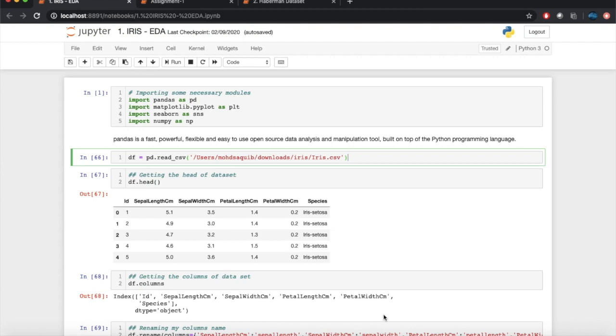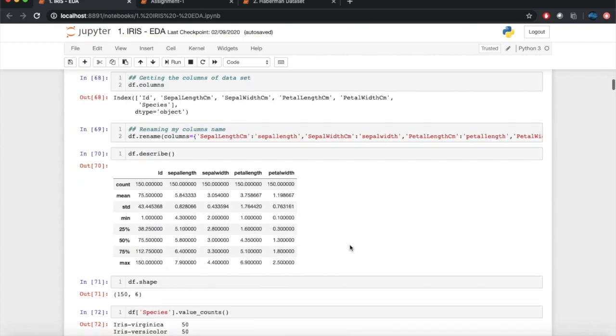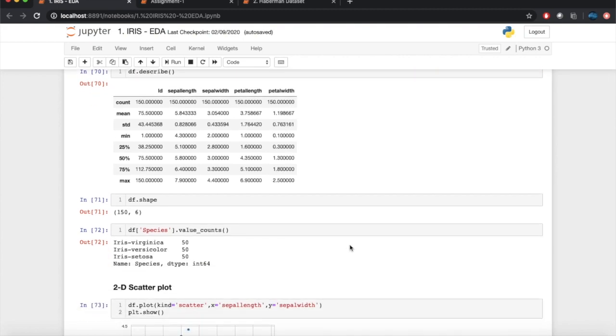To the new video. In this video, we are going to talk about exploratory data analysis on the iris dataset. First, we will see what the iris dataset is. The iris dataset is a dataset of flowers which consists of three different types of flowers, that is setosa, versicolor and